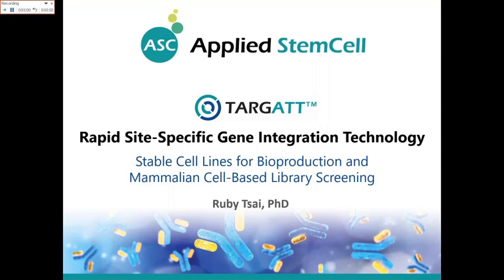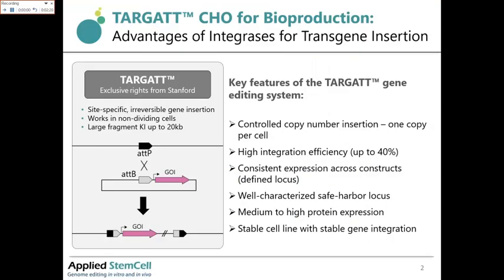Hello, everyone. In this presentation, I would like to introduce to you our TARGATT technology, which is a rapid, site-specific gene integration technology for making stable cell lines for bioproduction, as well as for mammalian library screening. TARGATT technology allows site-specific irreversible gene insertion and works in non-dividing cells and allows large fragment DNA insertion up to